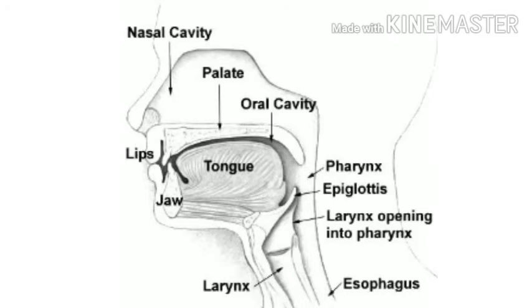Look at this picture. In this picture, we can learn some more new terms. Palate is known as the upper part of the mouth. Then pharynx, which is the throat or inner part of the mouth. Epiglottis acts as a valve-like structure which is used to close the trachea when we swallow the food.